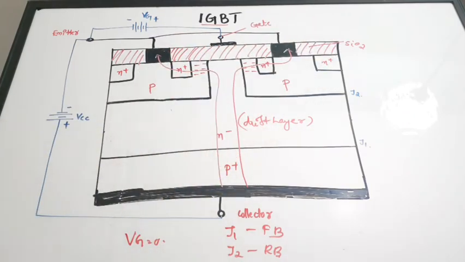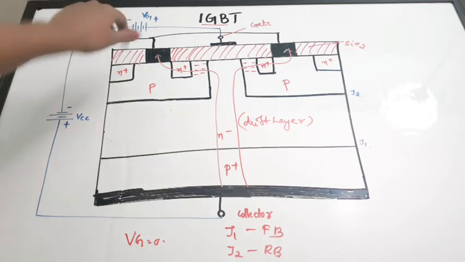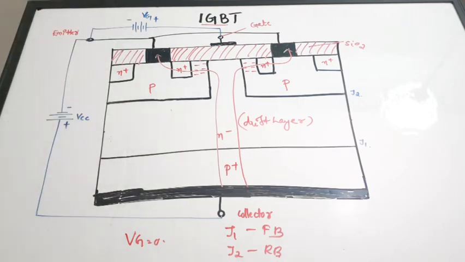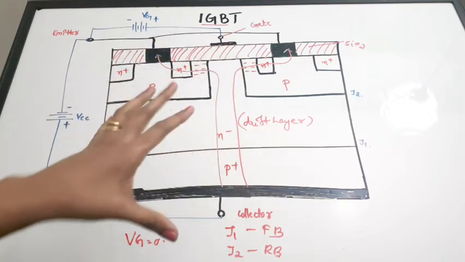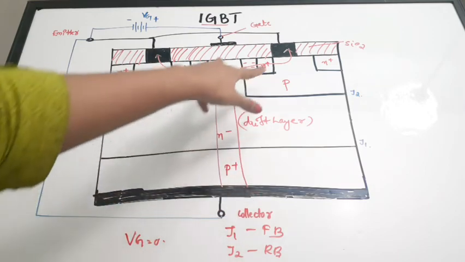So clearly you can see that only when we are applying a VG value, only then the device will be in the conducting mode. Otherwise, the device is not in the conducting mode. So the gate voltage is actually determining whether the device is in the on state or the off state. This is why we said in the introduction that this is a voltage controlled device, and the gate voltage is determining or turning the device on and off.